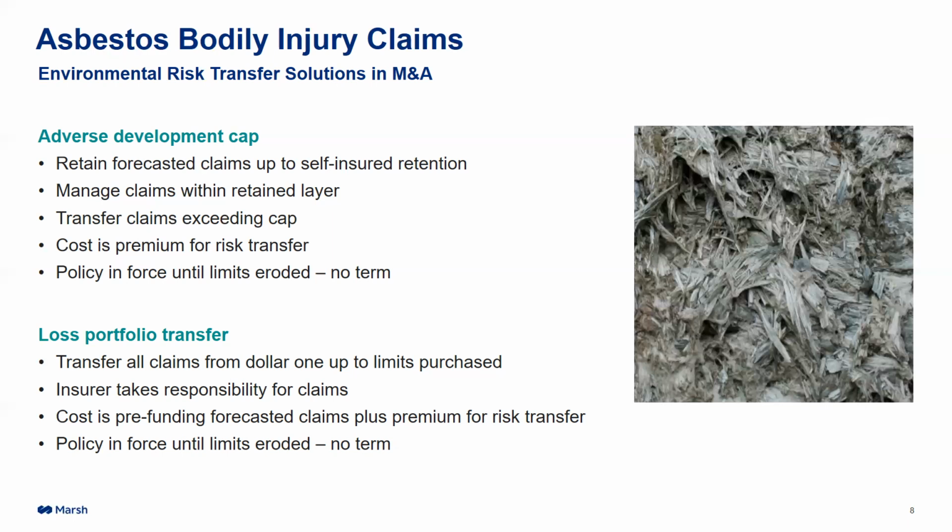And this cap, based on all of that understanding and analysis, they're going to set an attachment point and say, okay, you keep everything under that attachment. You're going to manage the claims, you're going to subrogate on the existing insurance. But if the value of the claims exceeds a self-insured retention point, that's when this insurance product will step in and it will pay claims above that, again, protecting you from essentially an overrun in adverse development on the asbestos